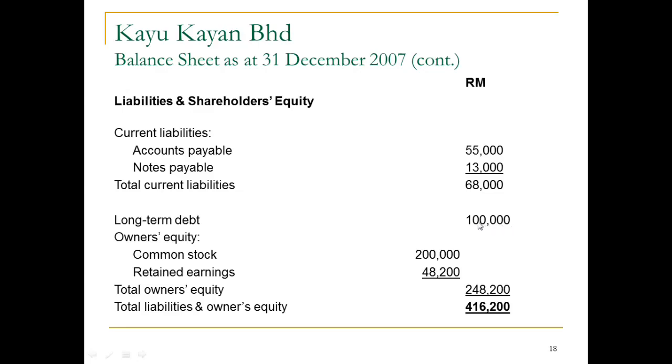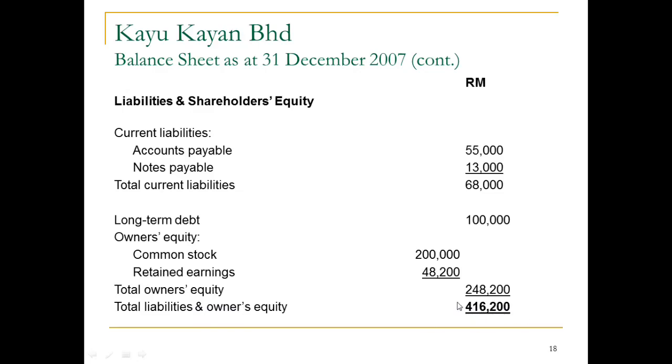Here we also have to add our owner's equity, which is the common stock and also the retained earning. The common stock is 200,000 ringgit, and the retained earning is about 48,200 ringgit. So your total owner's equity is actually 248,200 ringgit. You add this with your long-term debt and also your current liabilities, you will have a total amount of the total liabilities and owner's equity of